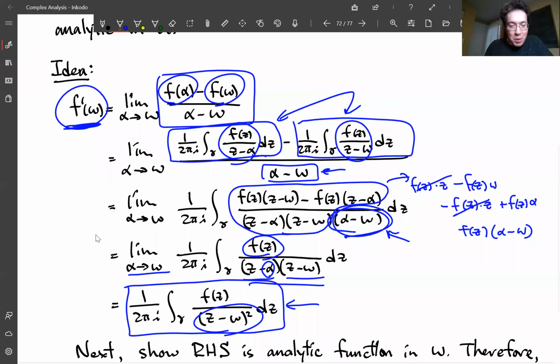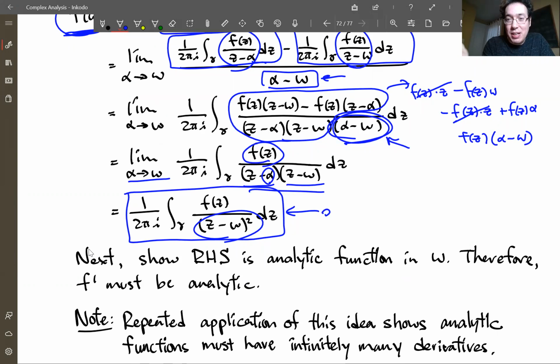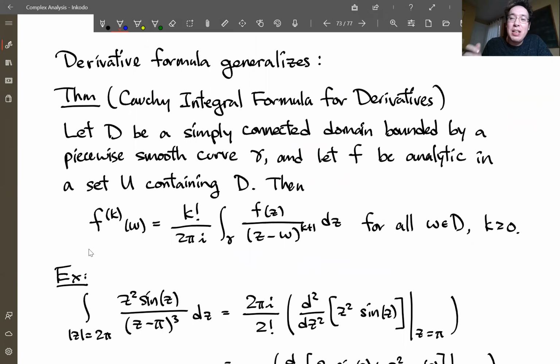Okay, so what we've done so far is written the derivative in this very Cauchy integral formula type of formula with just different exponent 2 there. We could actually repeat this exact same algebraic computation over and over again. So we could actually write down the formula for f double prime, f triple prime in very much the same way, which is incredible. So here's the new version of Cauchy integral formula that also takes care of derivatives as well.